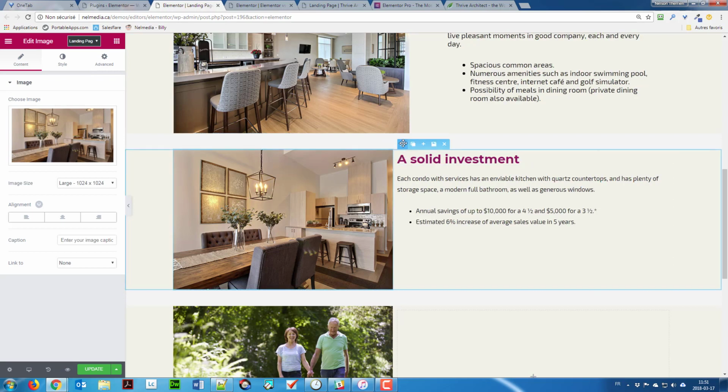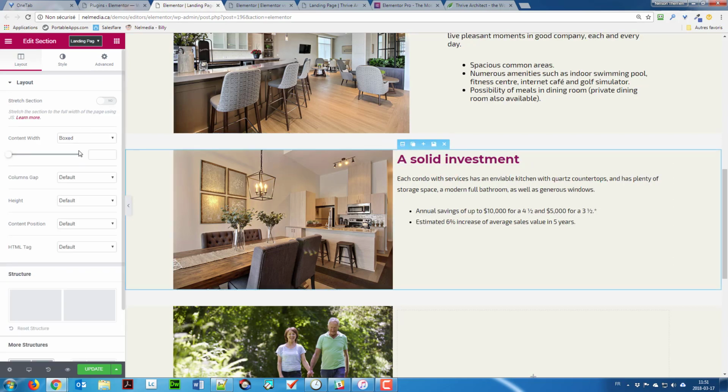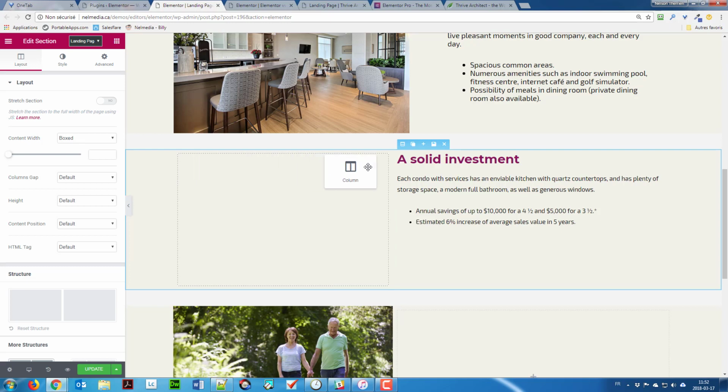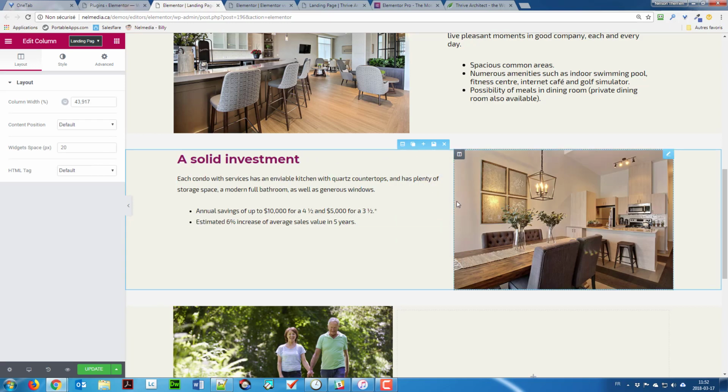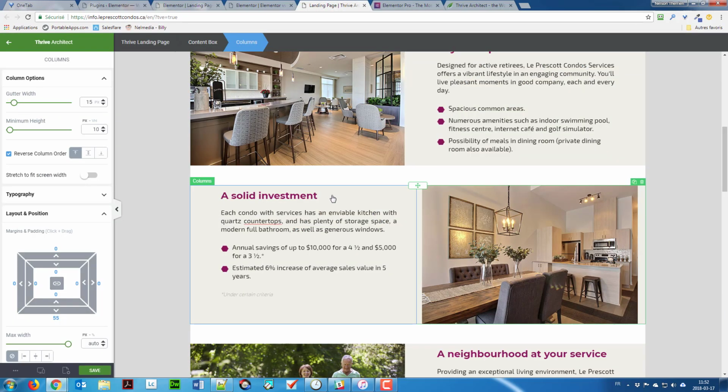If we select, for example, the columns or the row, we don't have that feature here, but it's not that hard. I can just click on the column and move it to the right side and it's gonna work. So that's not a big issue, but again, just a little bit easier in Thrive Architect. Next thing,